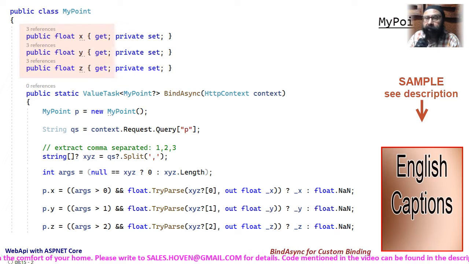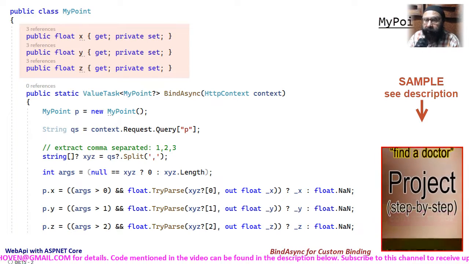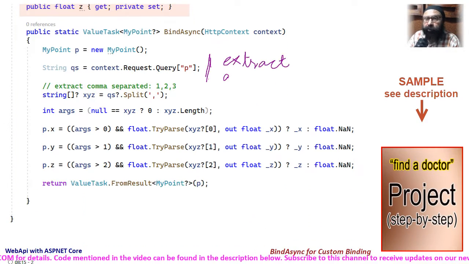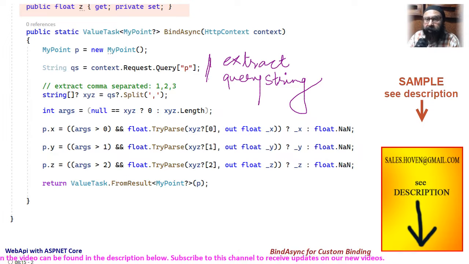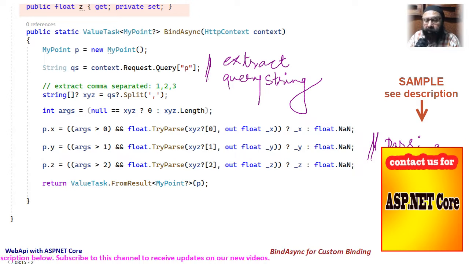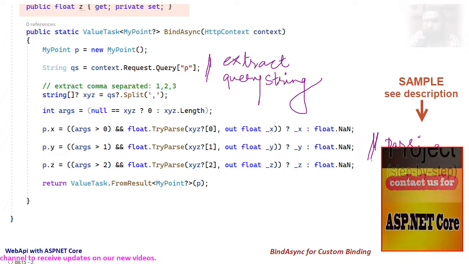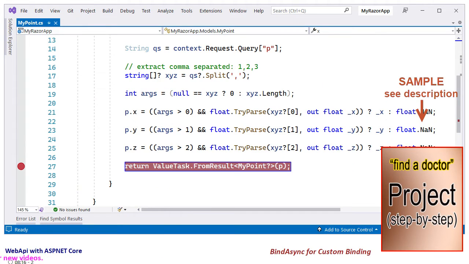This class has 3 data members x, y and z, and after that we have added the BindAsync function. This function uses the HttpContext parameter to extract the string contained in a query string parameter p. The remaining code does the parsing and returns a ValueTask of the parsed instance. Put a breakpoint on the return statement so that